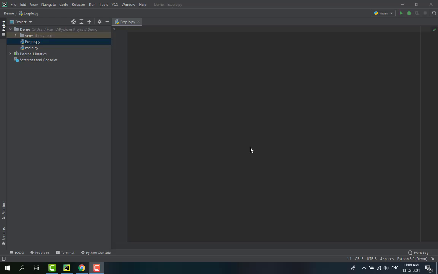Our first Python program would be to print out hello Python in the console. To do so, it's very simple. Just write down print, insert parentheses, double quotation or single quotation, both are the same. Just write down hello Python, and then for this program to run, we can just simply right click on it and run,